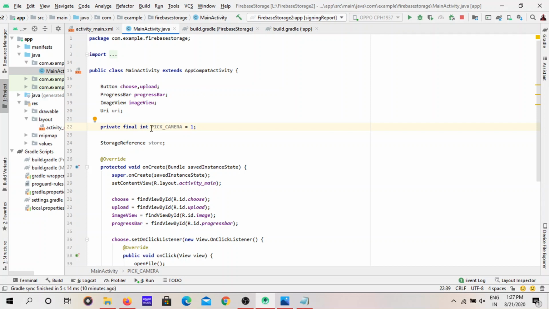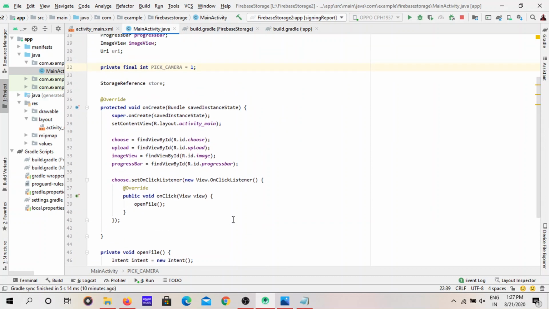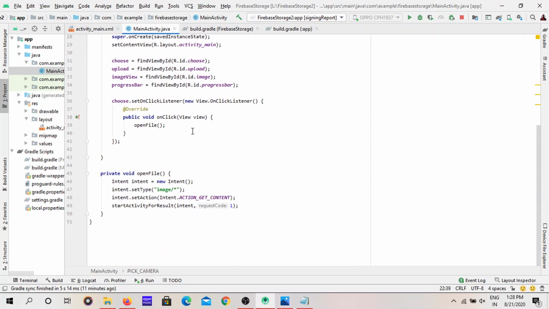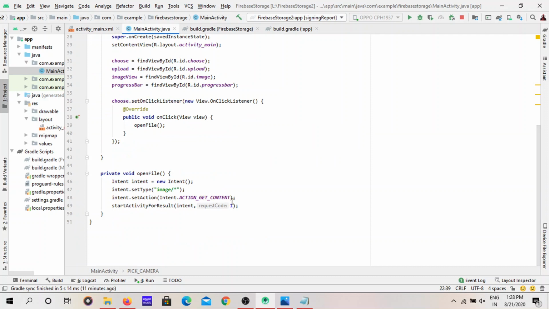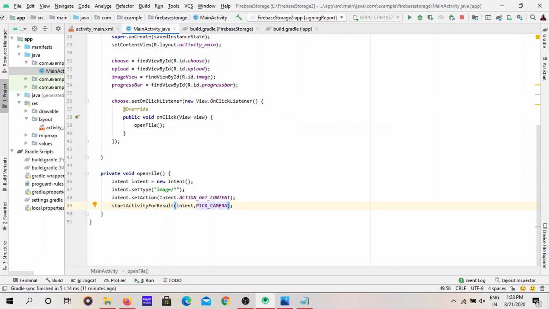Whenever we use this PICK CAMERA in our code, if it is in capital letters, we can say that this is a constant variable. It is not necessary to go to the top of the program and see whether this is a constant variable or not. I will tell you in which way it is going to help. Don't panic.